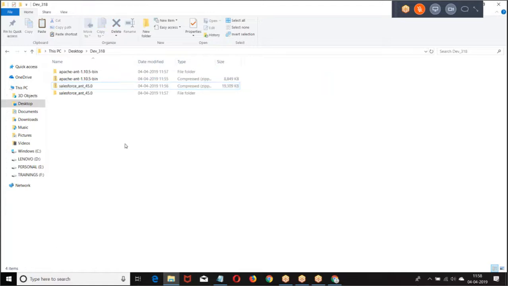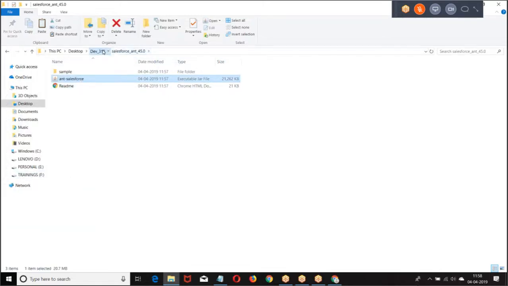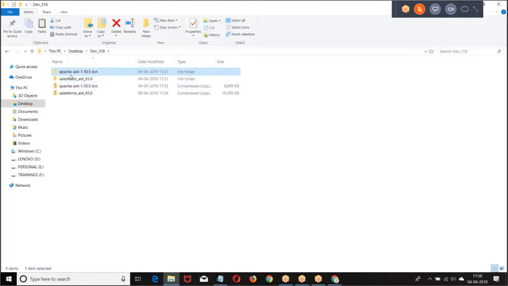Files are extracted. After extracting the files, in the Ant Salesforce folder there is a jar file called ant-salesforce.